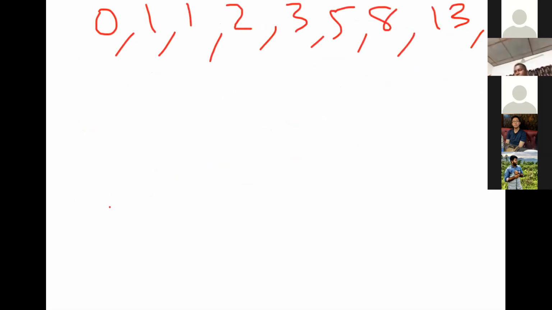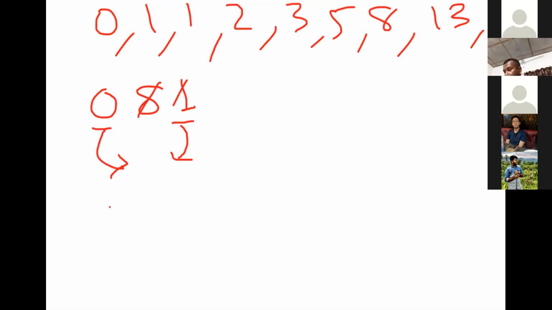Isn't it? So the terminate points are 0 and 1. Once you go for 0, you can terminate it. Once you go for 1, you can terminate it.